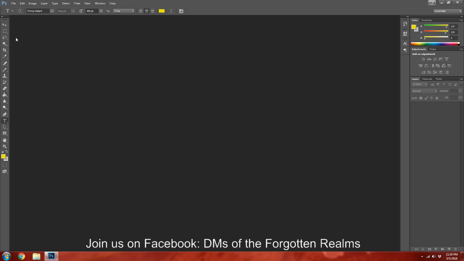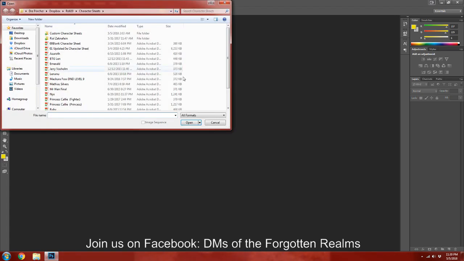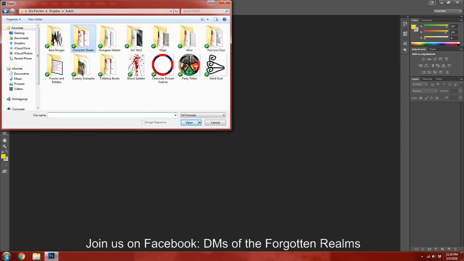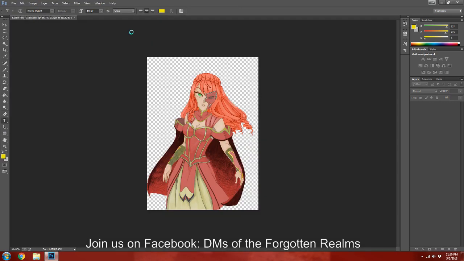Alright, so one of the first things you're going to need to create a character sheet, at least in the style that I use, is a character. Oops, not character sheets, base images, new folders, Callie. Now this character right here